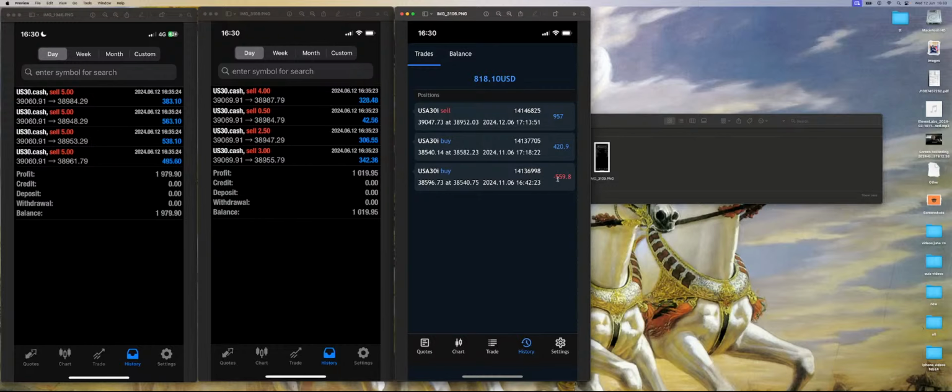This trade is from yesterday. I was just checking with the small lot sizes and the small time frame, and it hit the stop loss, and I shared everything. It's in the video, you can see it. We were online and we were live. This is the trade that I took today on US30.